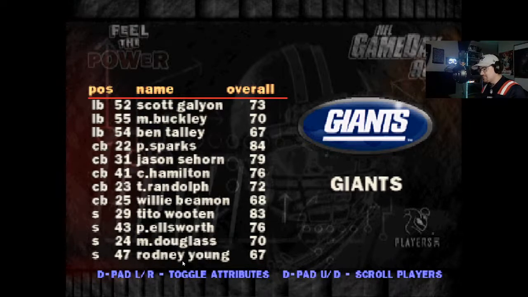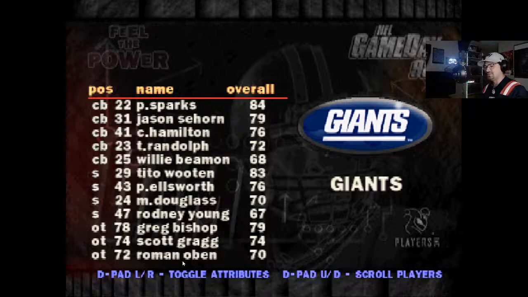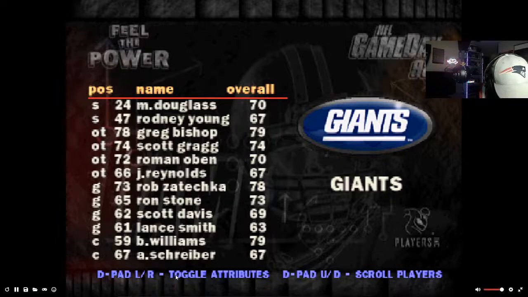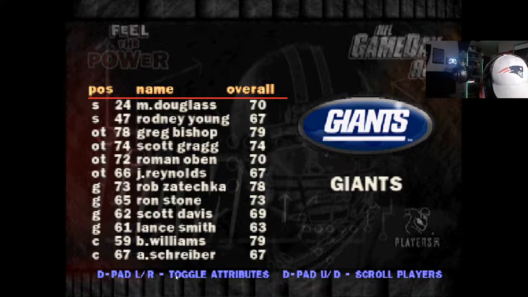But this team was not stacked. Not stacked at all. Where did they get all that winning from? I'm curious. Their division was garbage, though. That division was not good. I believe only one team in that division had a winning record outside of the Giants, and that was the Washington football team.